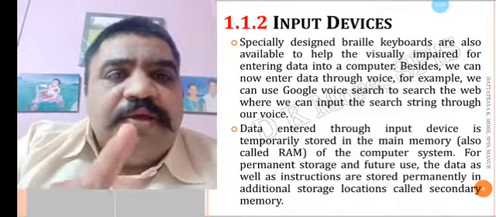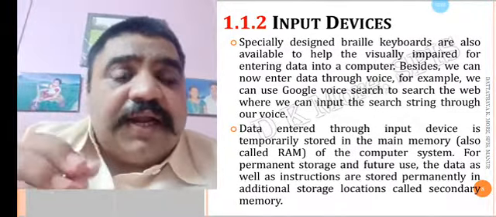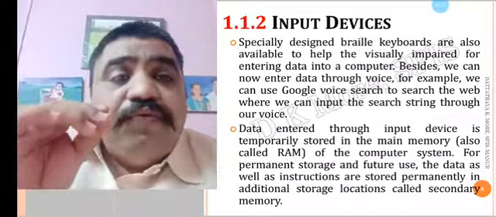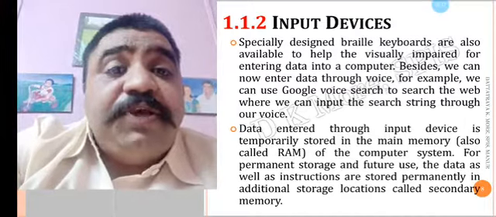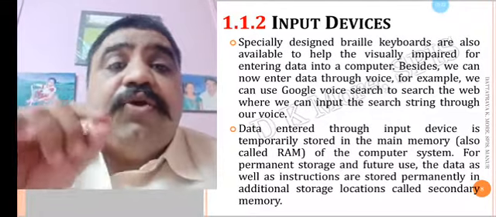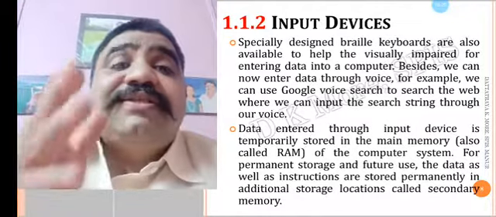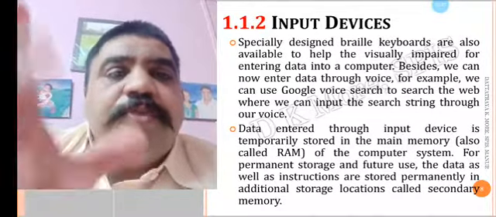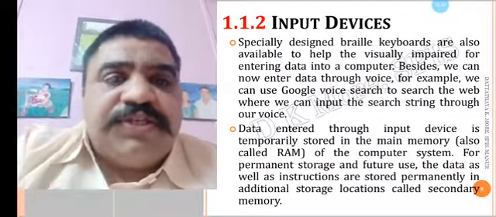This main memory is temporary storage. Until and unless we are doing some processing, our data and instructions are stored in temporary memory or RAM. So we can say RAM is a temporary memory. And the secondary storage, it means when we want to save the work after completion, we save it for future use. That is stored in secondary storage devices. For example, that we are going to see later on, but still I will tell you: hard disks, floppy disk, CD, DVD, pen drives, etc.